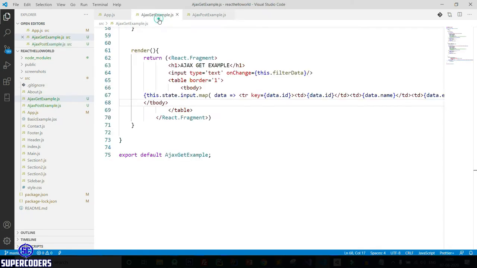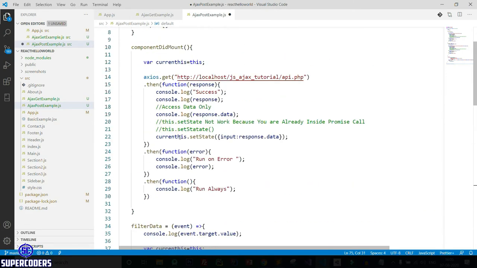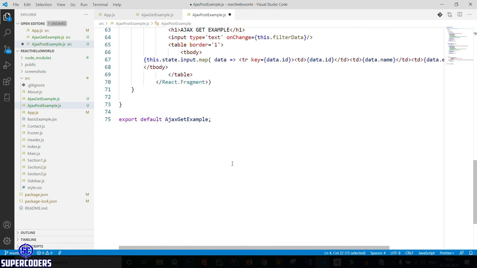First copy this page simply and change the class name to AjaxPostExample. Export this here at the bottom.